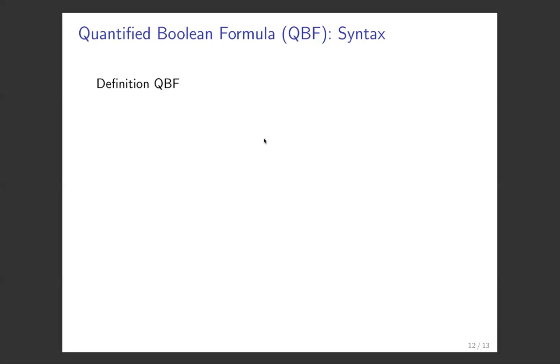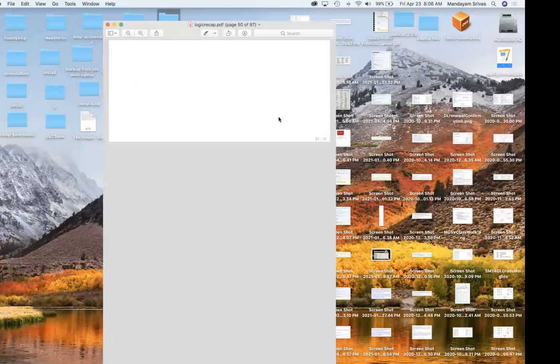And then there are SAT solvers that can directly deal with these quantifiers. That is, we will get to that later on. But what I want to do today is